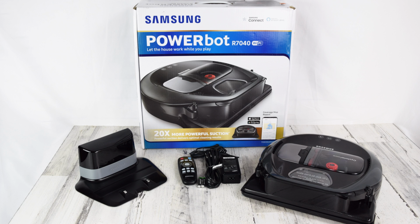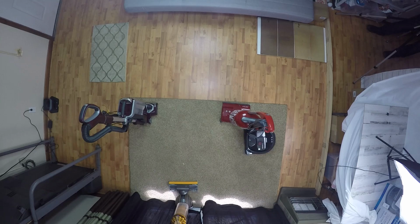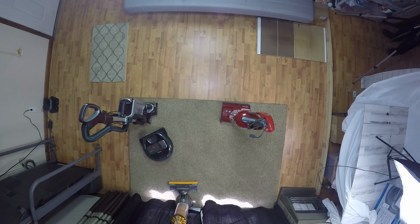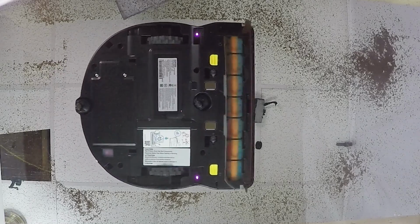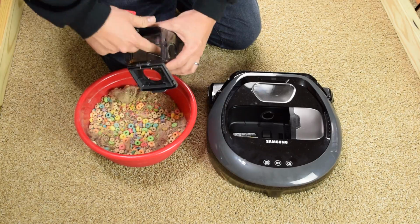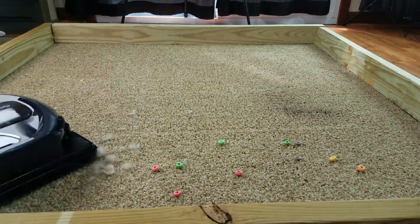So on the plus side, the Samsung Powerbot R7040 is one of the cheapest camera-equipped smart navigation robots you can buy, and its navigation and sensors are one of the most high-tech I've seen. It has some good, really groundbreaking features, it has good cleaning mechanics and decent power, but it's not without its quirks. All in all, I think the R7040 is a good deal at the price,